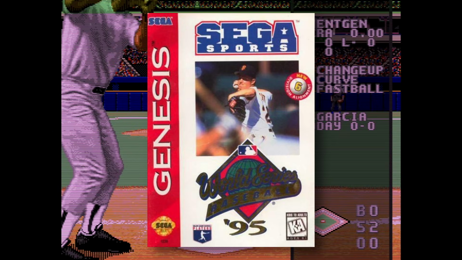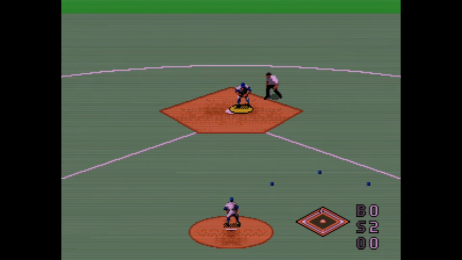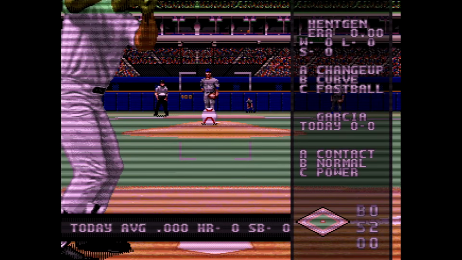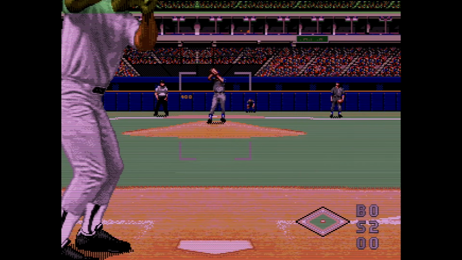World Series Baseball 95 ends up feeling a lot like the original World Series Baseball. Game modes include Exhibition, Home Run Derby, New Playoffs, Batting Practice, and that's great. The gameplay is almost identical to the first World Series Baseball, with the exception of how to choose your controller,